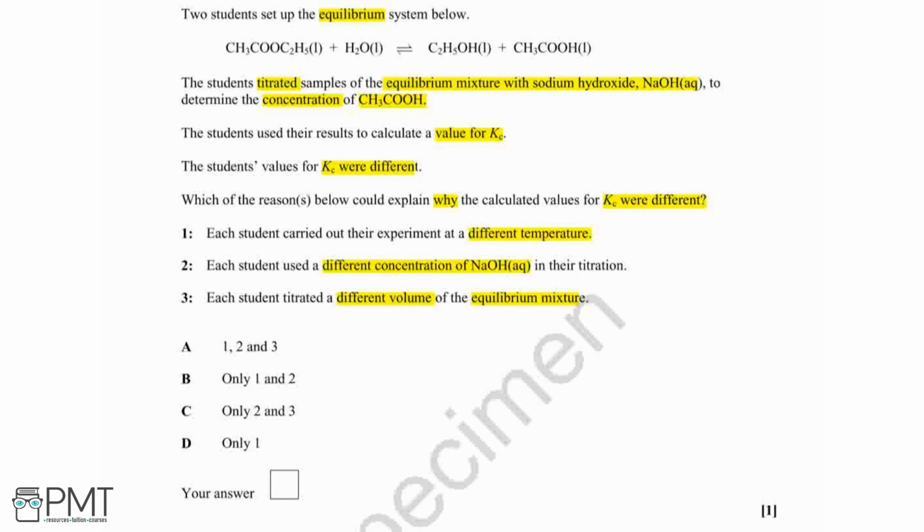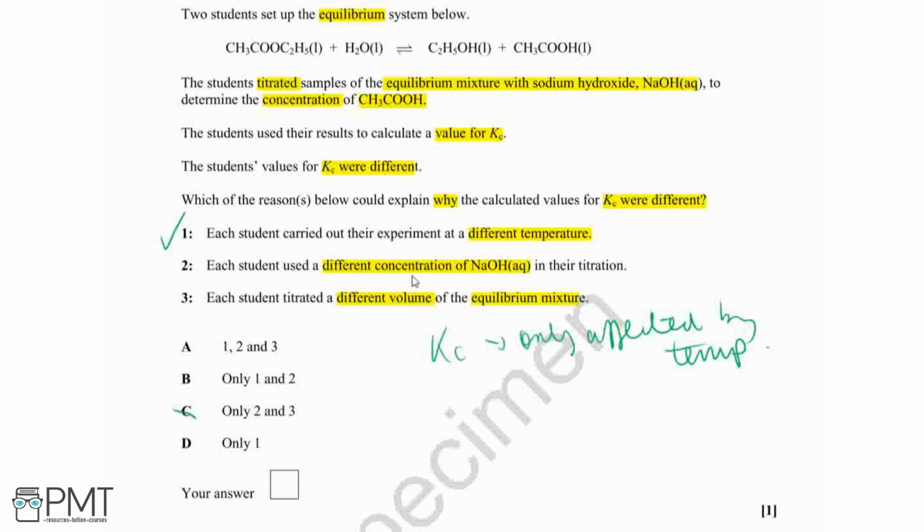So the key thing with Kc, our equilibrium constant, is that it is only affected by temperature and changes in temperature. So that means that option 1 will definitely be correct, and this eliminates C from our answers. Now thinking about options 2 and 3, option 2, each student used a different concentration of sodium hydroxide in